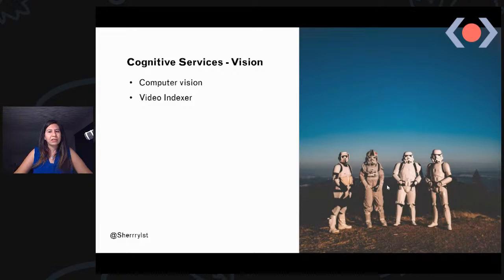And Video Indexer, you might have seen the video that went viral some time ago with a guy playing violin and going through the rooms where everything is being detected. You can easily use Video Indexer to do that for you.